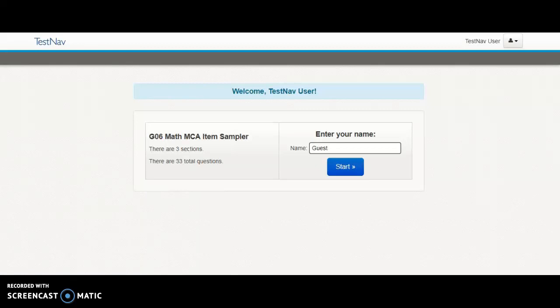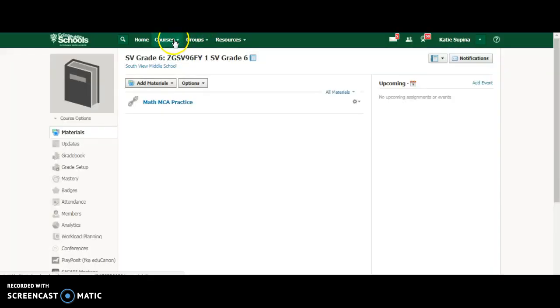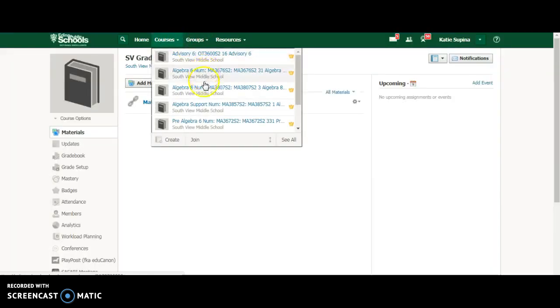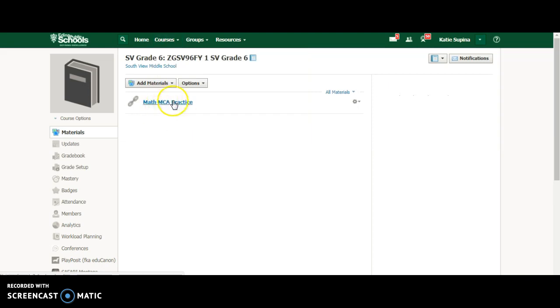Right, today we are going to practice using the TestNav, which is basically the online MCA practice page. To get to the site where you're going to be working today in a little bit is off of your Schoology. On Schoology, in your list of courses, you have a course called SV Grade 6. And on this page, we have a link that you're going to click on in a little bit to practice